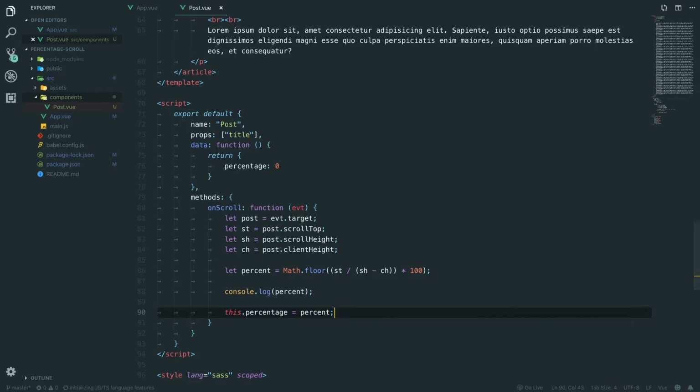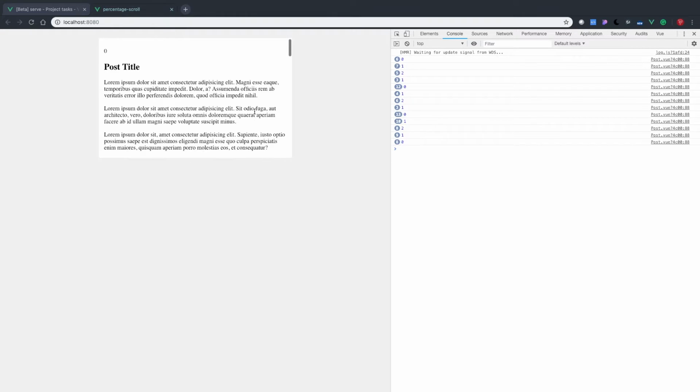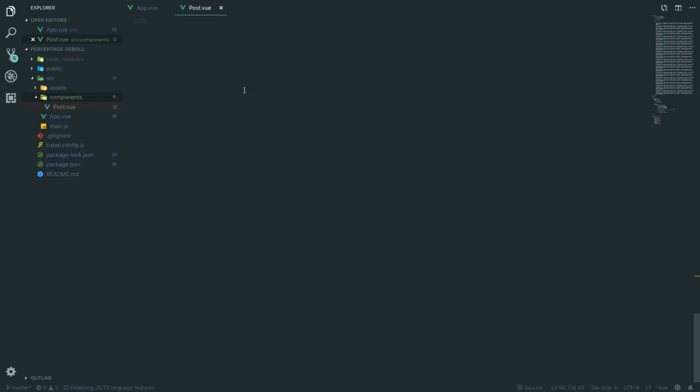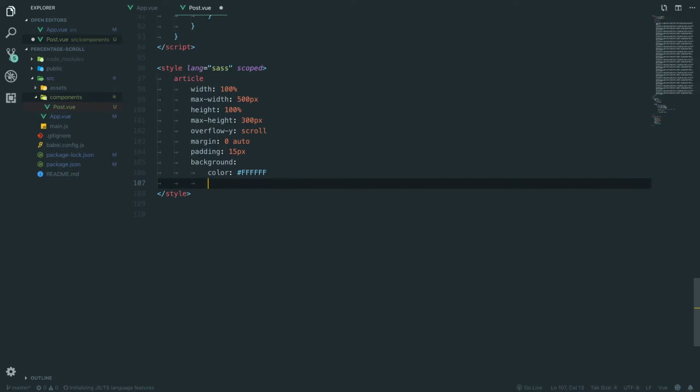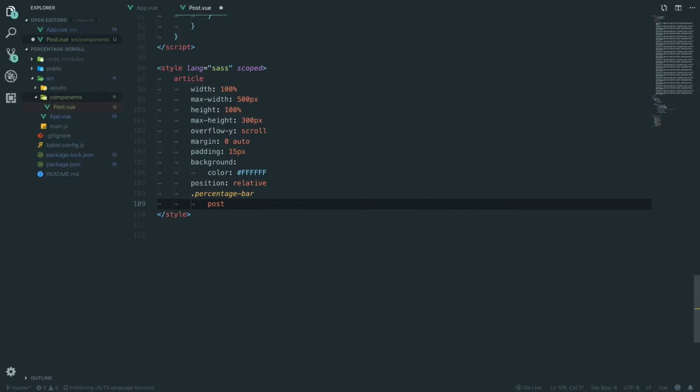Now if we go back and refresh and start scrolling, as you can see at the top there, it starts changing. Now let's do some styling for this percentage bar. Down here in article, we want to set the position to relative, and then for the percentage bar we're going to say position